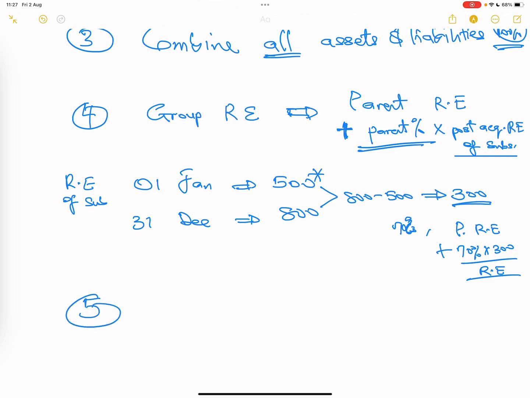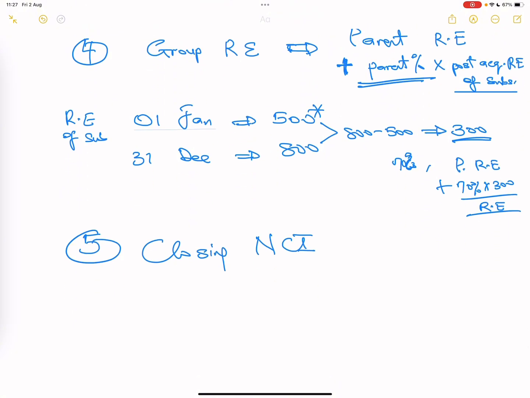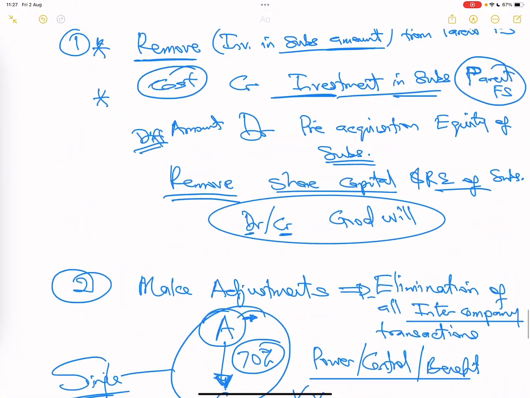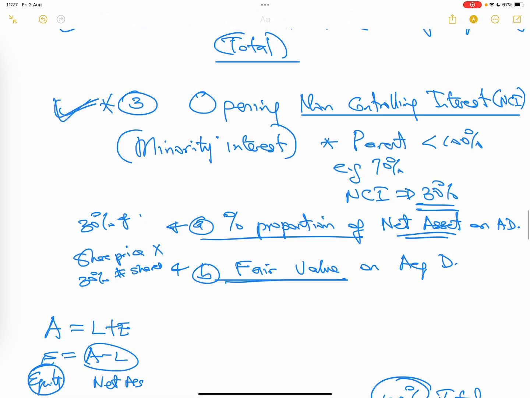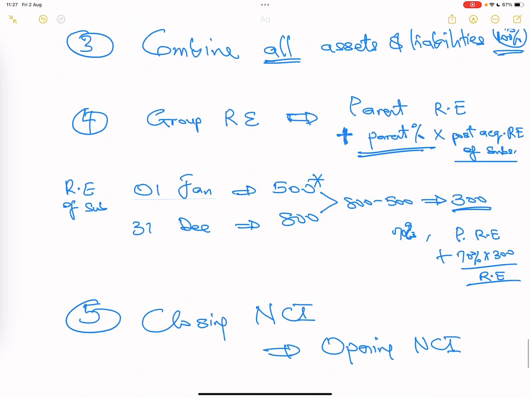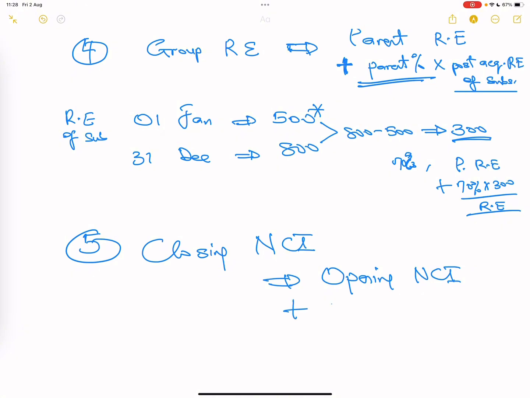Then the 5th stage is to calculate your closing NCI. If you have, which most time, like I said, you will have, because they would not give you an easy question that will be 100% acquisition. I don't see that happening. So prepare your mind to learn how to calculate the closing NCI, which is just your opening NCI, which you already have earlier on the date of acquisition. Here, this step 3 here. So you have the opening NCI,